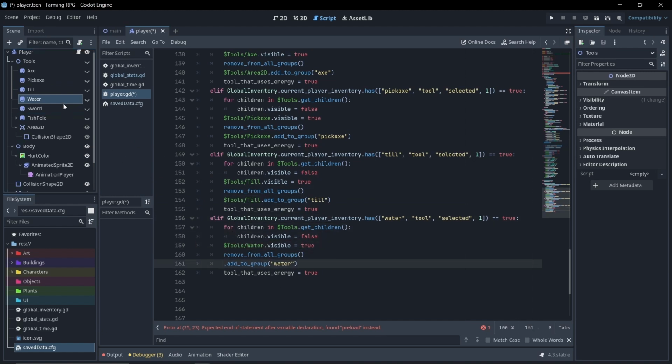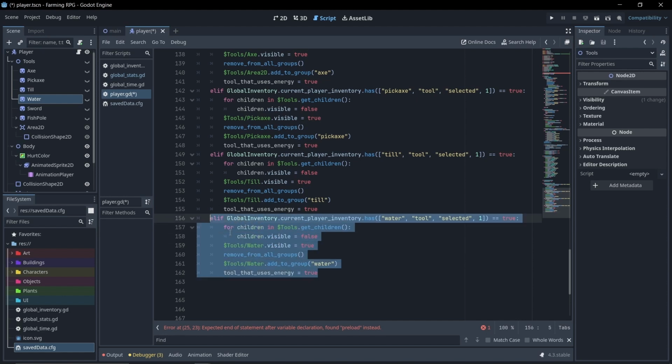Now, it's really up to you if you want to make the water use energy. I still kind of think it's like using a tool, so I am going to keep the energy to true. But if you didn't want to do that, you could totally change that to false. That's completely up to you. All right, awesome. So I'm going to go ahead, copy the entire elif,